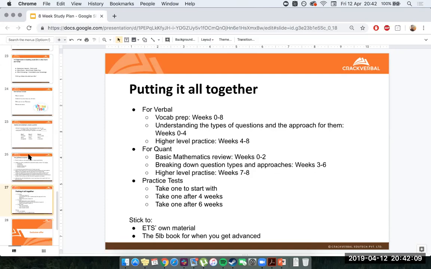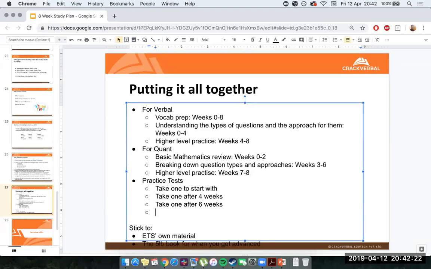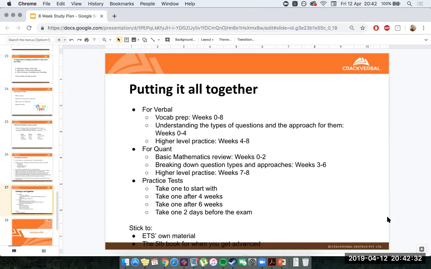Then you want to take a practice test after 6 weeks, right? Just to make sure that you're in the groove and that you're constantly ready. At this point, you want to get more in the zone with taking tests. In fact, I feel like I've missed one out here. Take one 2 days before the exam, right? So this is in week 8. Don't take one the day before the exam because you'll always feel like whatever score you get then, you're locked into it. Take one 2 days before and just chill out the day before, right? Just so that you know, hey, okay, these are the things that I got to think about. These are the things that I want to keep in my head to brush up on, right?